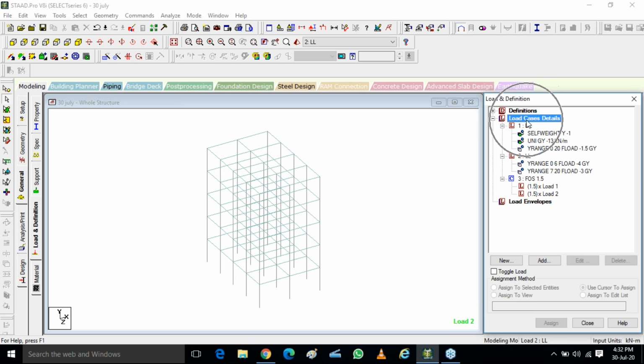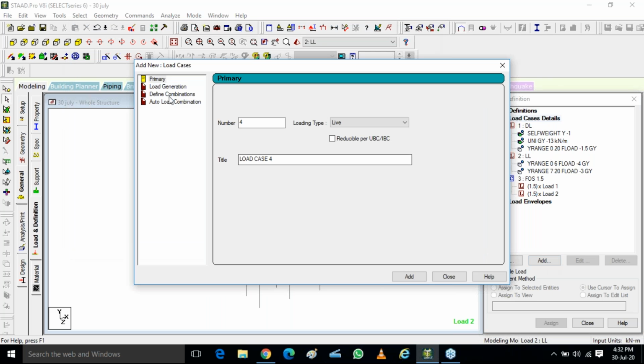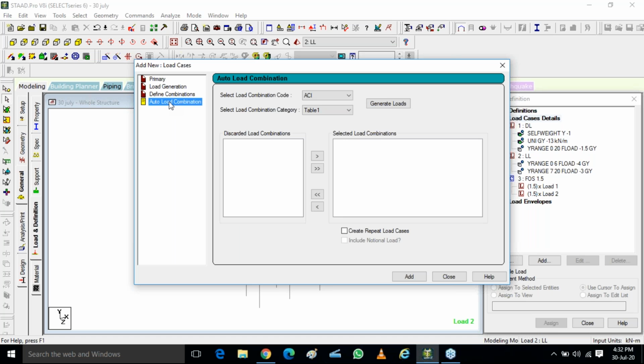So we'll go to load case details, add. This is one option for auto load combinations. It means we don't need to put in a code or a factor of safety ourselves. I'll go to auto load combination. Auto load combination already has the formulas of your IS code, the combinations Indian standards are using.